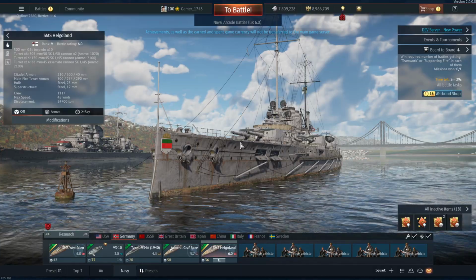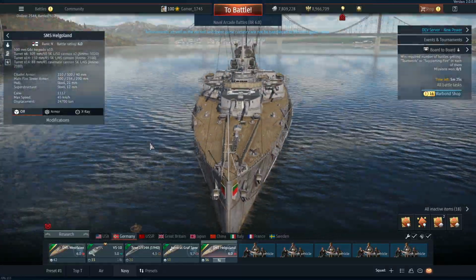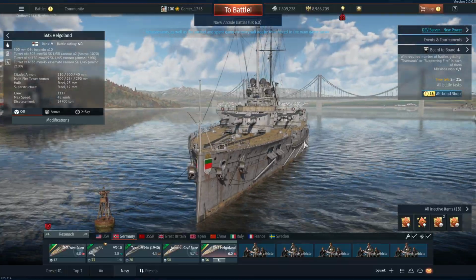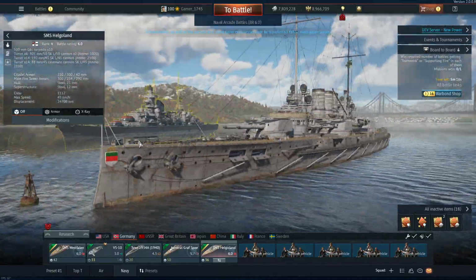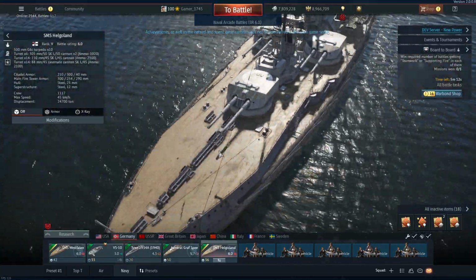This, of course, is Gamer 1745 with a look at the new German battleships in War Thunder on the dev server, so things are subject to change. This is the Helgoland battleship. It has 12-inch main guns,